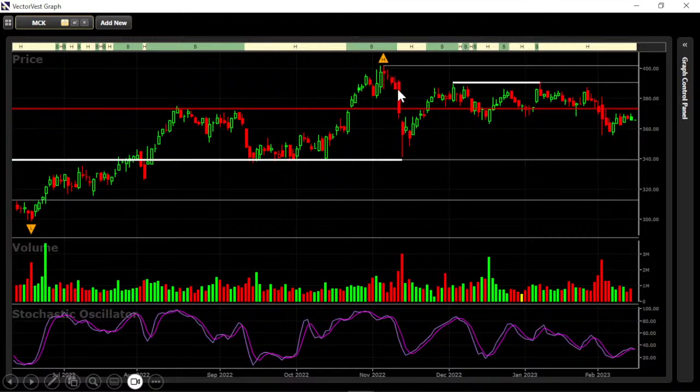Completely fell off the table. Landed in that support zone right here on this big red candle, landed in the support zone, but it never retraced from it. In fact, it crashed through it again and fell back to the support level back at 340. Now you get your retest of that support level, and there's your other buying opportunity. Stochastics during that time also went from below 20 to above 20. So now you're, again, buying the stock back at a lower price, looking at congestion here to sell that short-term trade.